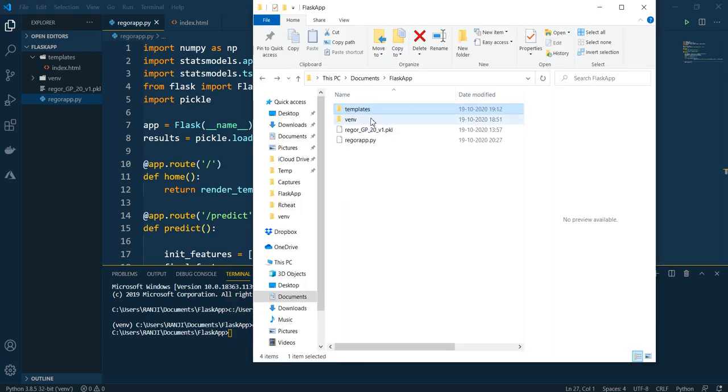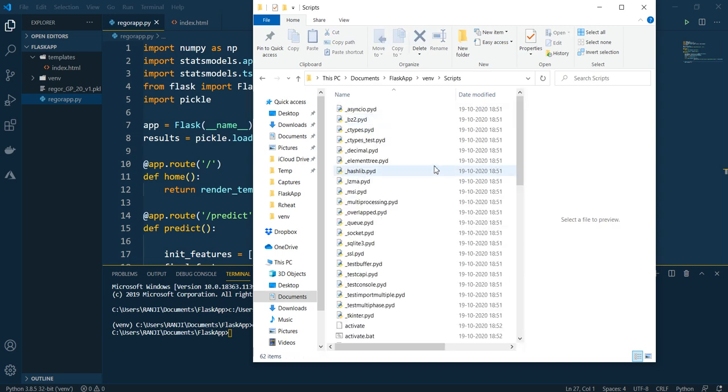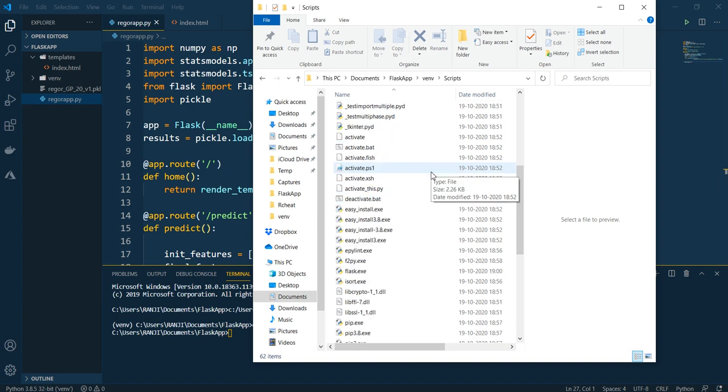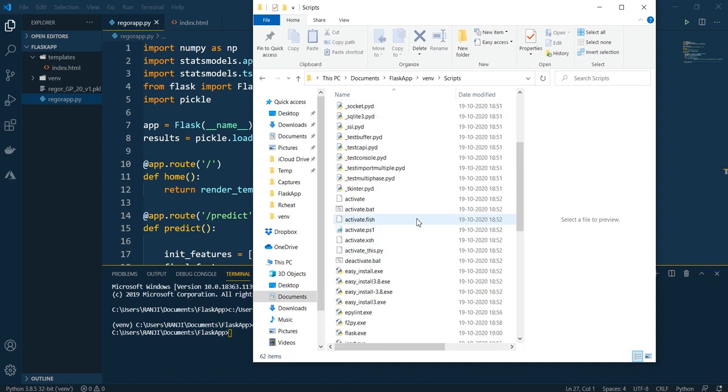Now once the virtual environment is installed onto your Visual Studio, it will be residing inside your Flask app, so that you can see from the root directory, or the directory tree. You can see here, that is the venv, and inside this venv, you have these many files, that is lib, scripts, gitignore, and the pyvenv.cfg file. If you go inside the scripts, you have different pyd files, and there are some shell files and bat files. What you need to have is this activate.bat file.